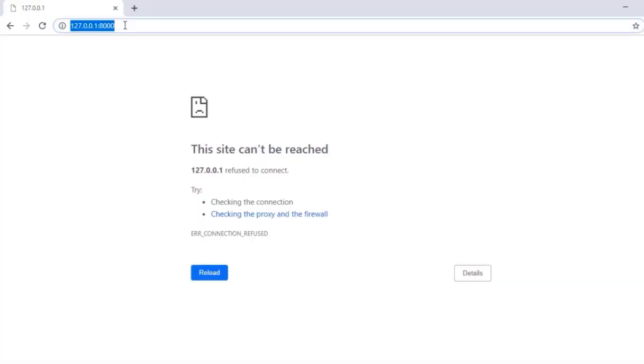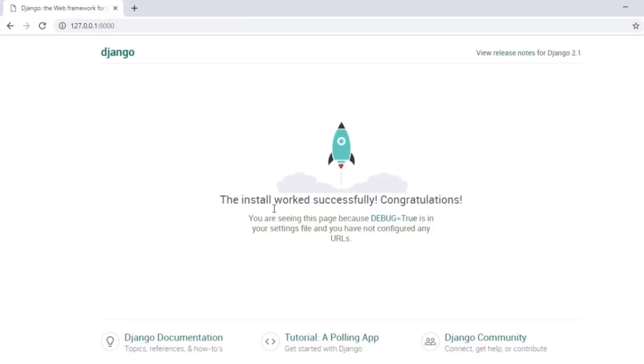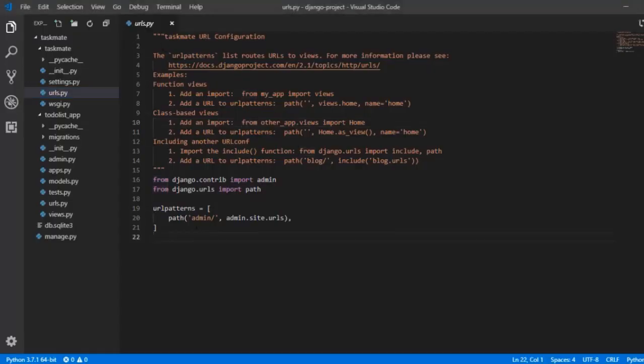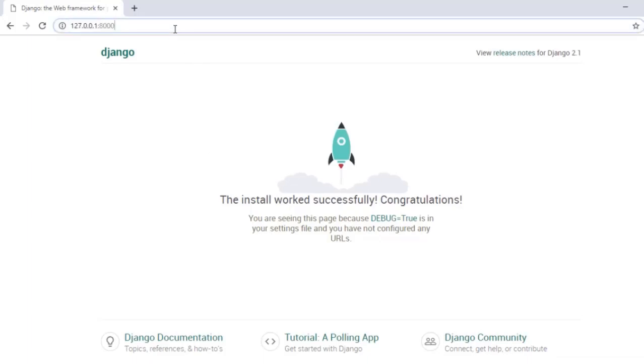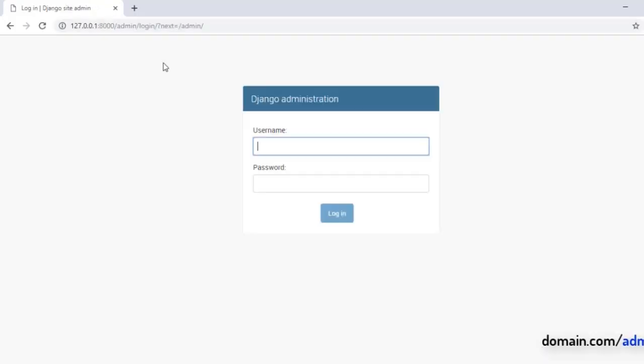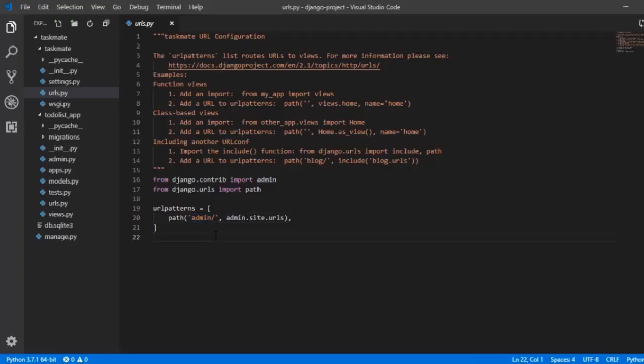First let me run my server and talk about this. So currently I'm just hitting my home page. That means in URL terms, I'm just visiting slash or an empty link. The second is my admin. This is a URL that I have already defined, that is there by default from Django. Let me visit this one. Here you can see our Django settings easily map this one. That means whenever we visit our domain link slash admin, it is going to call this particular function. I hope this part is clear.